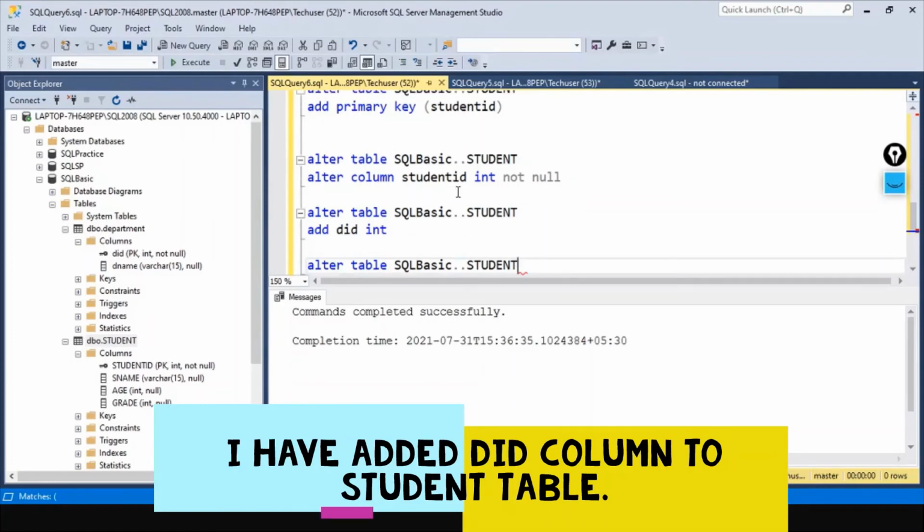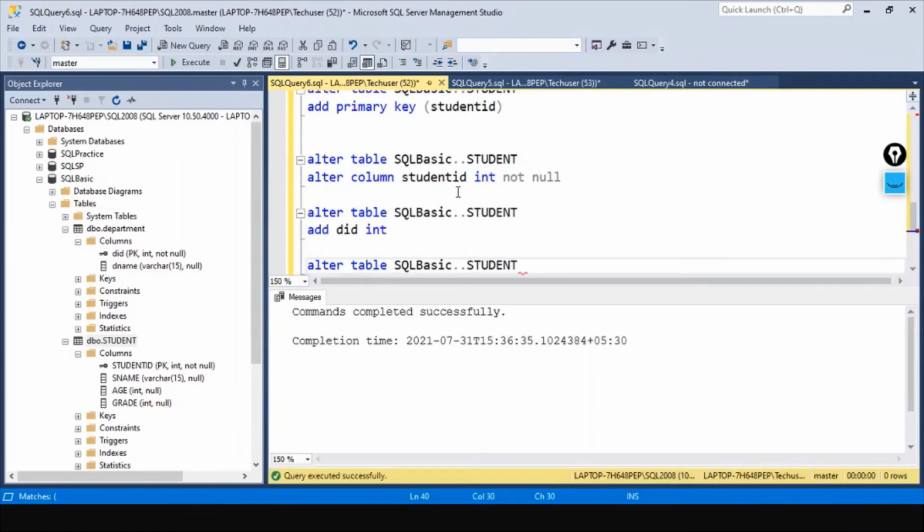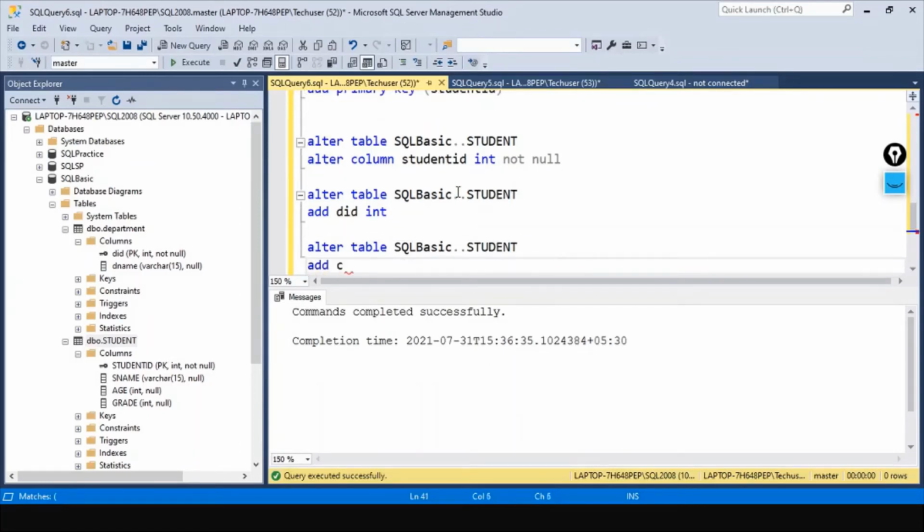Now, alter table. Just give the table name, and we want to add the constraint. Constraint foreign key. Give the name to this constraint, fk underscore DID, department ID.